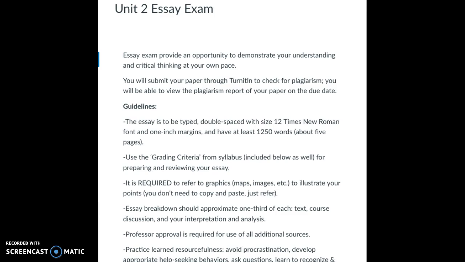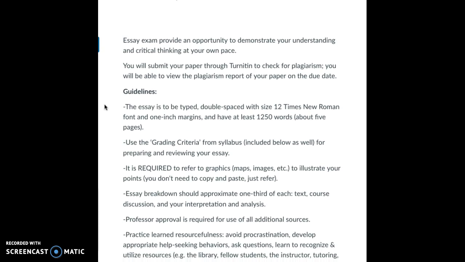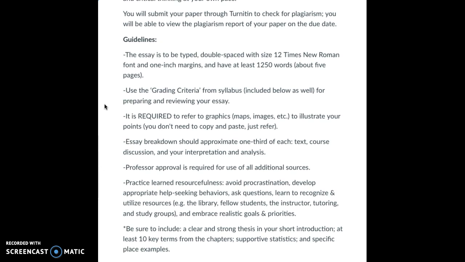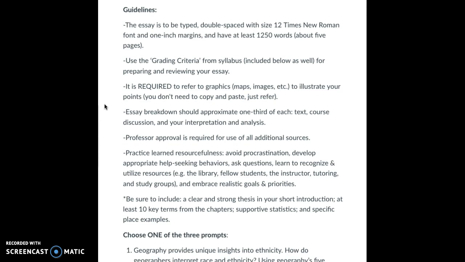You'll see here I've put the guidelines up top above the questions as a reminder. They're also in the syllabus, but they're here as a reminder of the importance of reading these through numerous times, and especially before and after submitting your outlines and your exams. So the standards: to be typed, double space, size 12 Times New Roman font, and then this really important point of using the grading criteria from the syllabus. And I've put that down below these prompts that we'll see here in a little bit yet again.